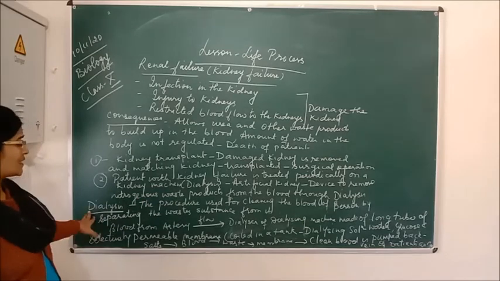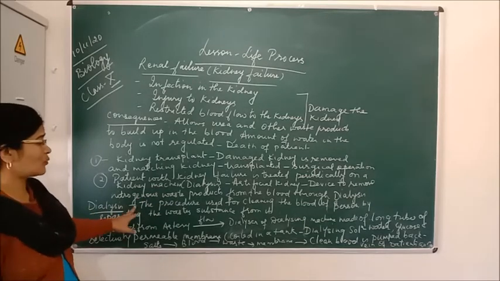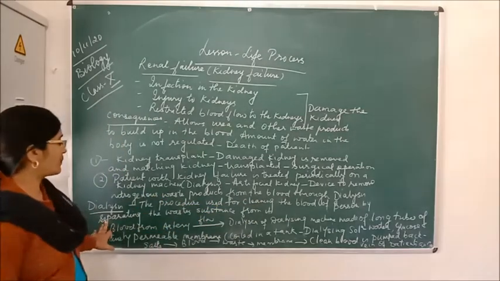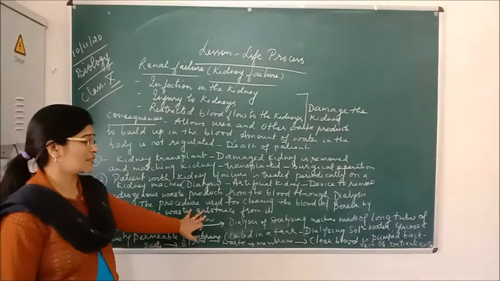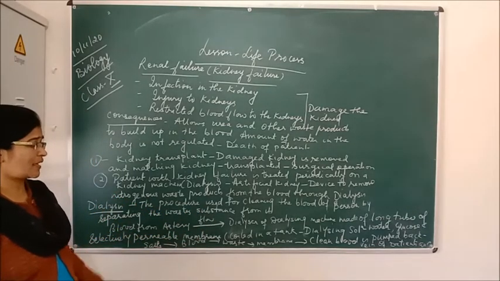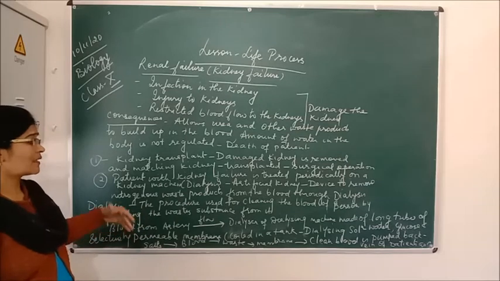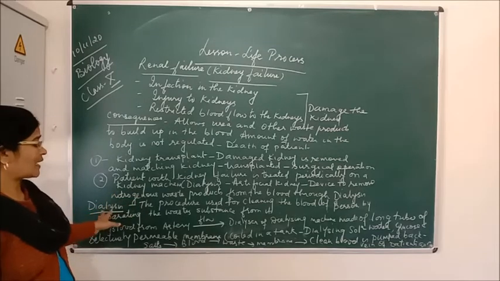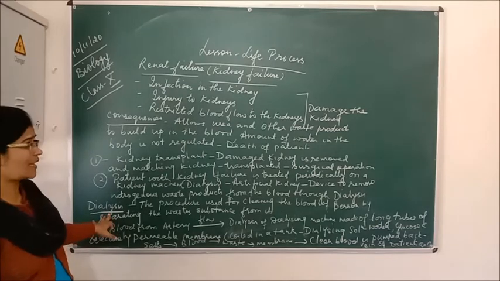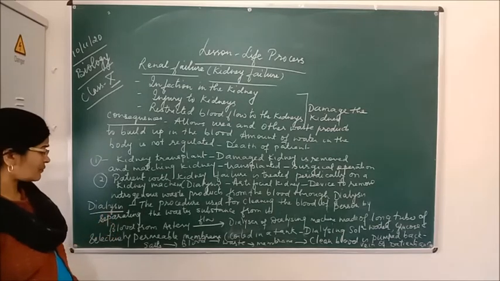So what is dialysis actually? How is it defined? It is the procedure used for cleaning the blood of the person by separating the waste substance from it. Means whatever waste in the form of urea and other waste has collected in the body is cleaned up, and this cleaning of the blood takes place by the dialysing machine or the artificial kidney. That process is called dialysis. So what happens in the dialysis process?